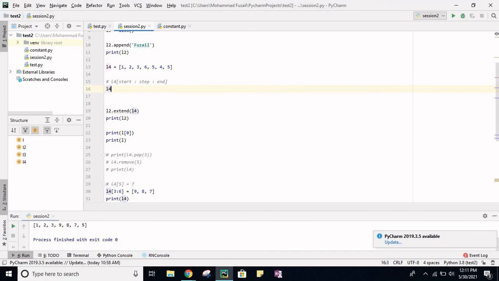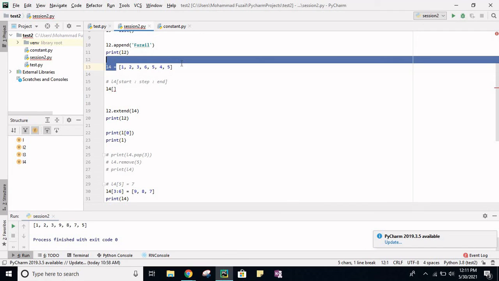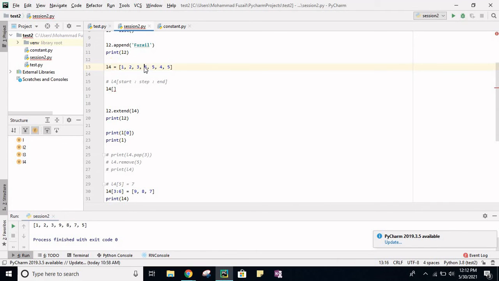Same way, let's say if we pass in L4, as I already have told you, to slice. So suppose I want a list of only these elements. I want to slice this complete list in such a way that I get a list of only this element, or let's say these elements from 3 to 4. So what I will do, I will pass the starting index. What is the starting index for 3? 2. Okay, 2.